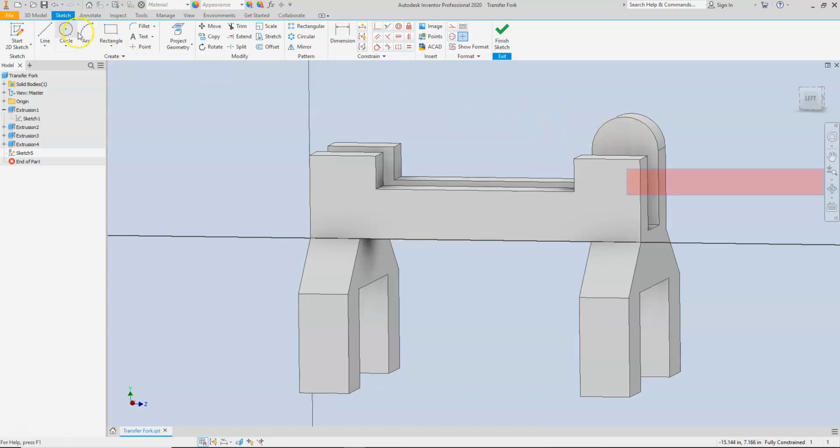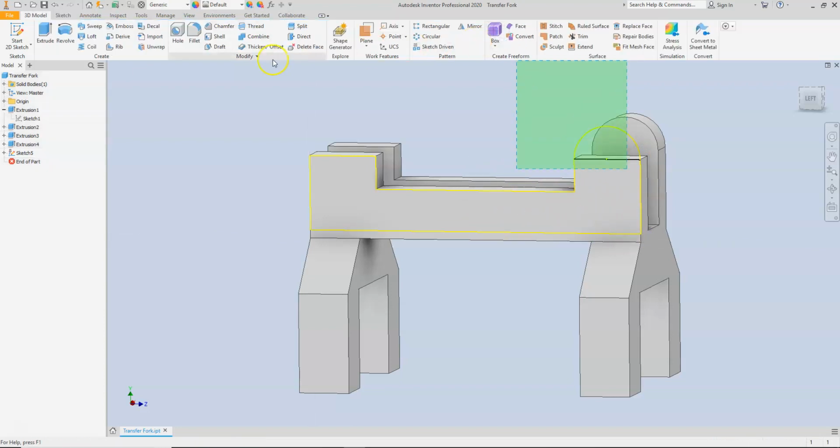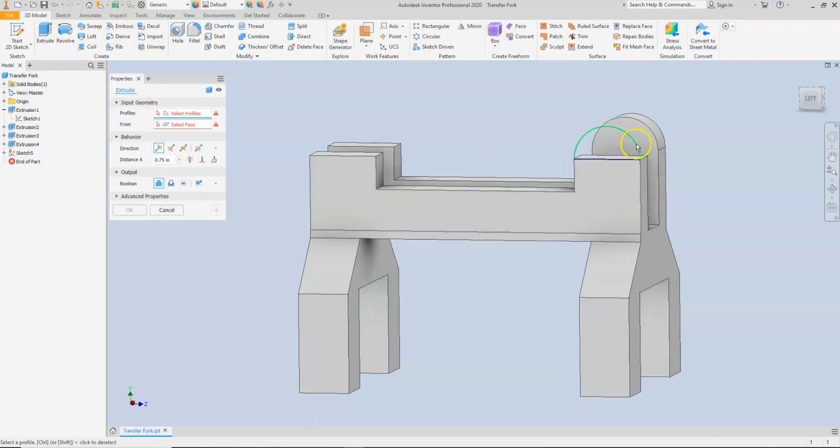So I'm just going to use the project geometry, and I'm going to point on that surface right there, and that comes forward. Because it brought forward the whole entire sketch profile, I'm just going to draw myself a line and finish the sketch, extrude it, and so I can now get the back of that. So I'm going to change the direction,